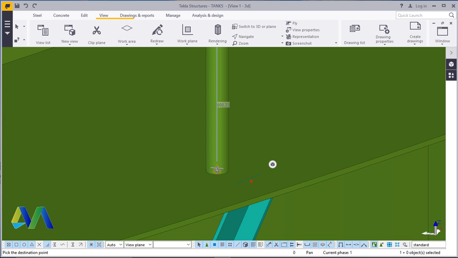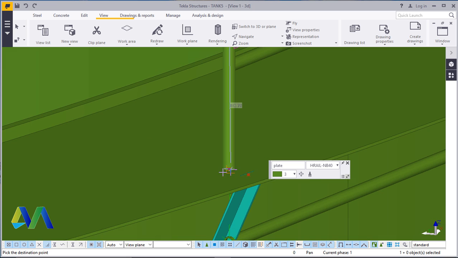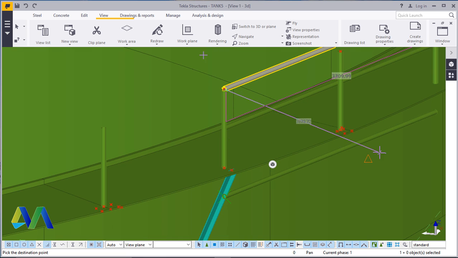And type 600 or 700 and accept that. So high,